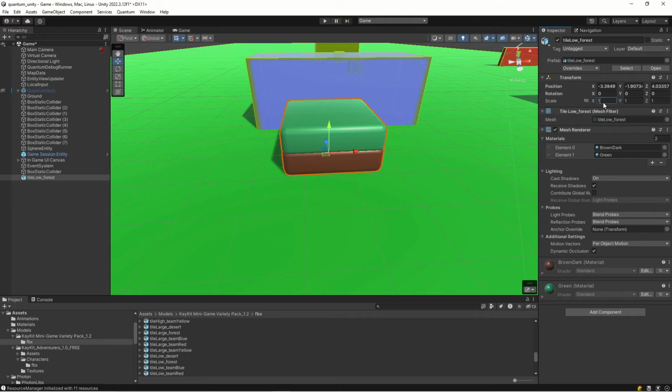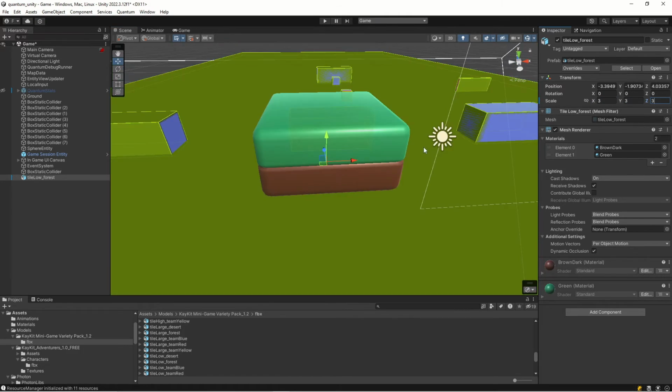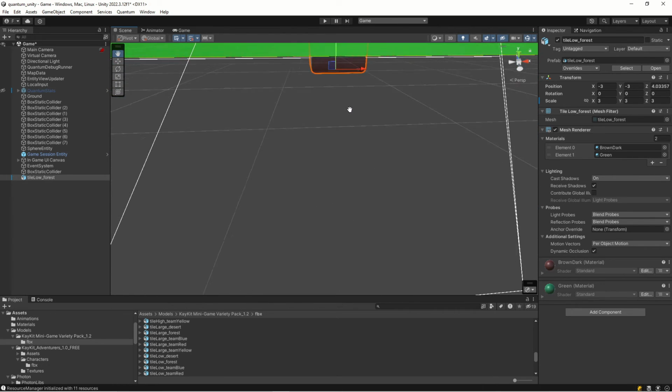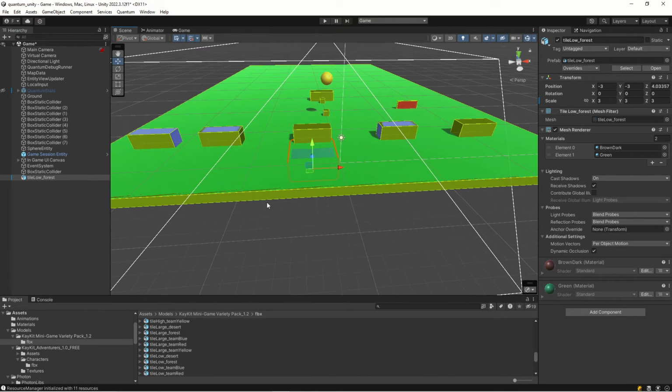And let's make it a size of 3, so we're going to make them slightly larger, and then let's align it with the world, and I'm going to check this so it moves well, it moves with a value of 1 instead of a dynamic value. And I think this will be okay for the start position. Then we need to make sure that Quantum can handle this. So let's add a Quantum,